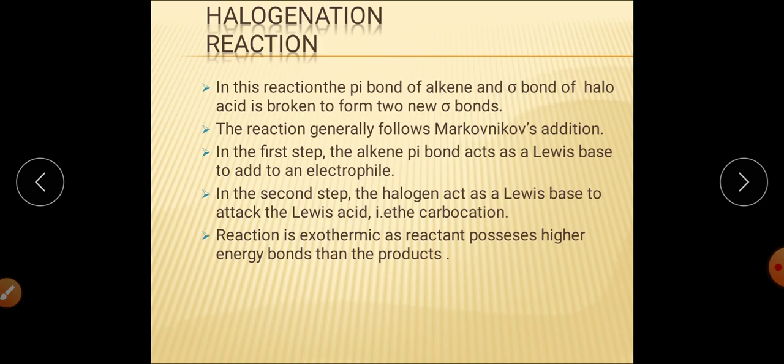Now we will specifically discuss these reactions one by one. First of all, we are discussing the halogenation reaction. In halogenation, we have the reaction with bromine, that is the bromination reaction, and the reaction with chlorine, that is the chlorination reaction as well. Generally, out of these, and iodination, the bromination reaction is more prominent and more pronounced in comparison to the chlorination and iodination reactions.